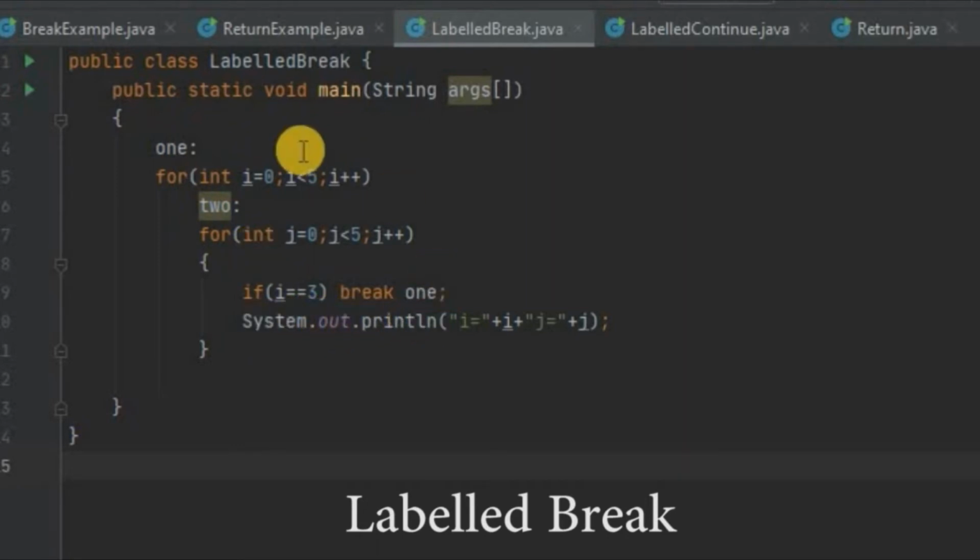If i is equal to 3, break 1. That means when i reaches 3, I am breaking it to 1. That means it will go above the first for, the outer for. So automatically that will be the end of these two for statements. We will observe that by running.